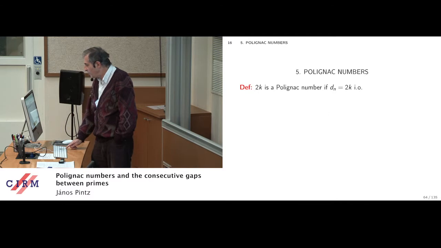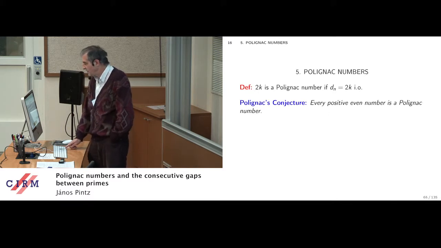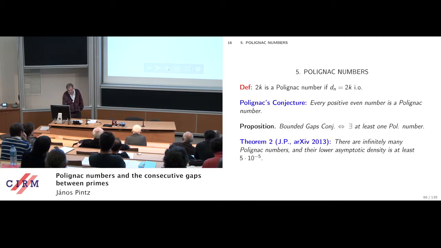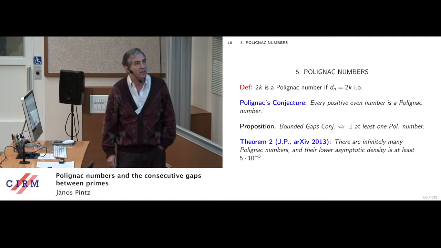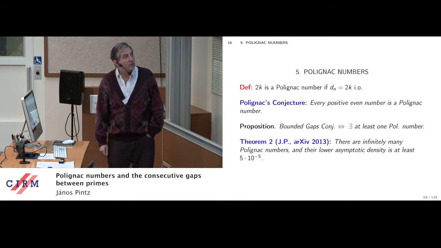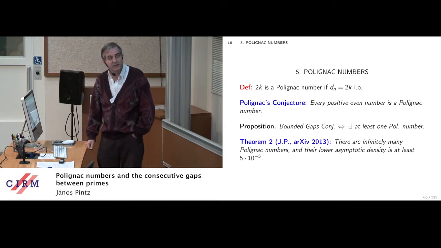Now, if we go further to Polignac numbers, we say that 2k is a Polignac number if d_n equals 2k infinitely often. Every positive even number is conjectured to be a Polignac number. This is Polignac's conjecture. And as I mentioned, the bounded gaps conjecture is equivalent to having at least one Polignac number. Now, I can improve this to the fact that there are infinitely many Polignac numbers, and even for their lower asymptotic density,